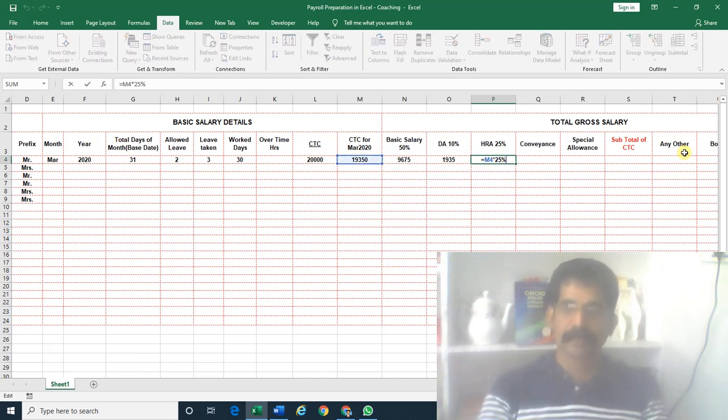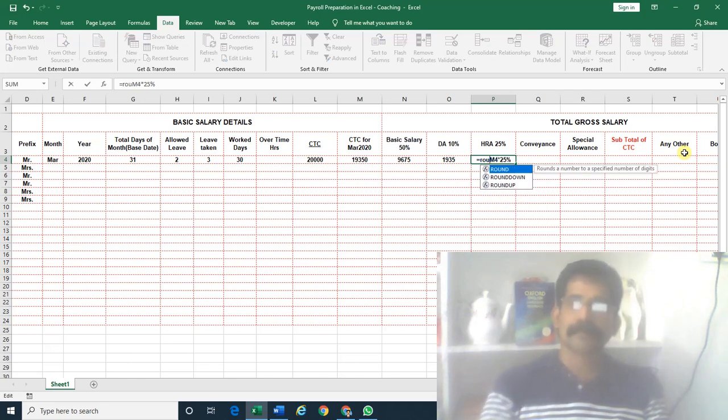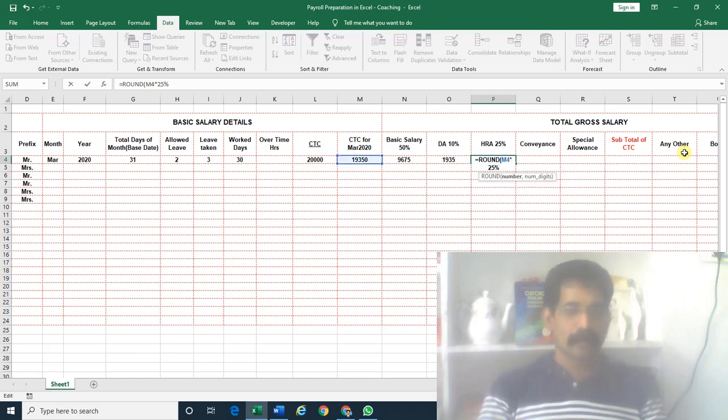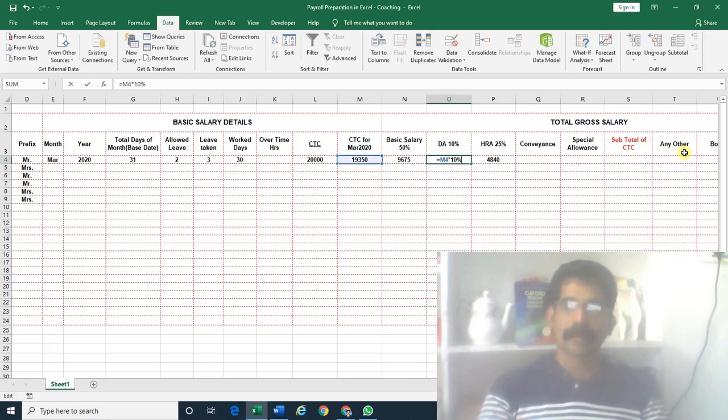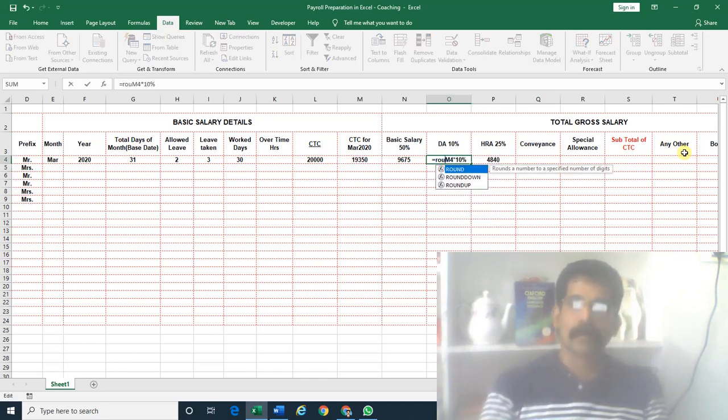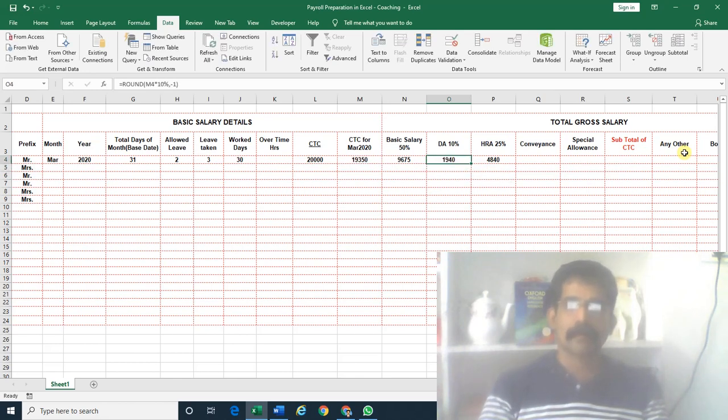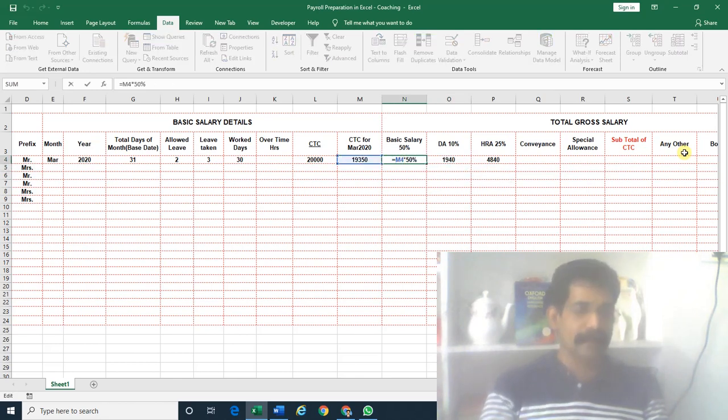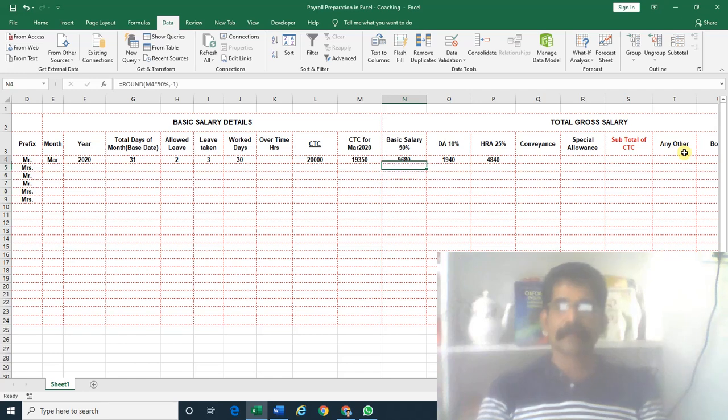Again this is coming as a fraction, that also we round, comma minus 1. Here also we can put round, comma minus 1. If we assign the functions everywhere, when anything is coming as a fraction, we can correct it.